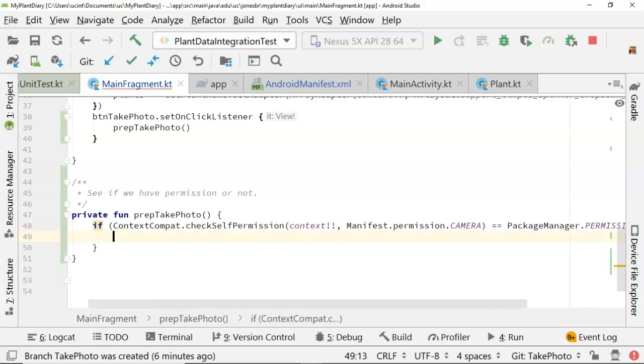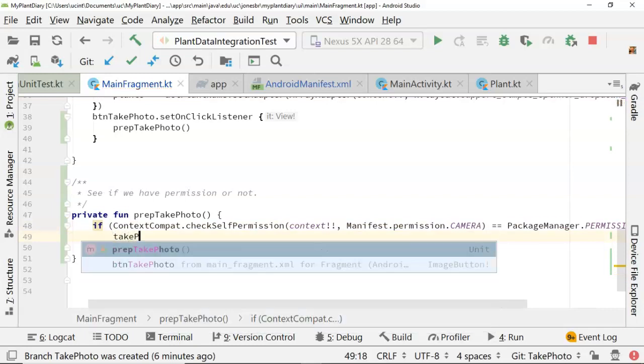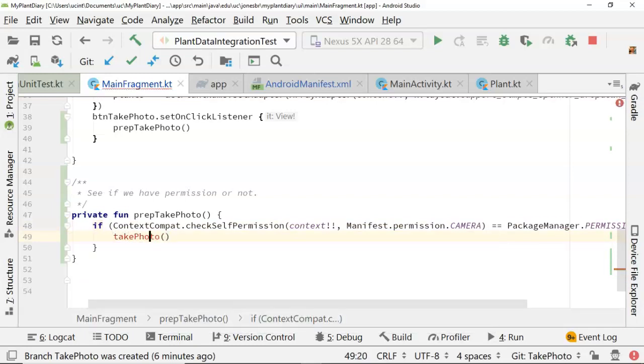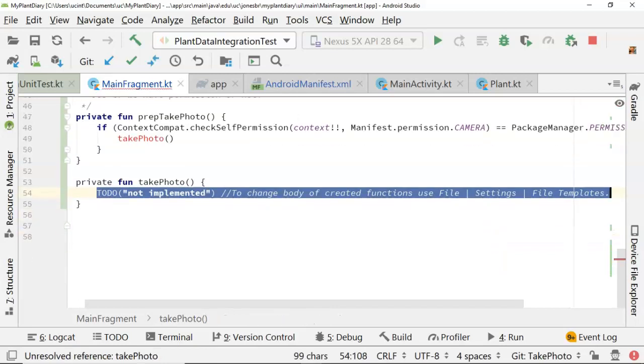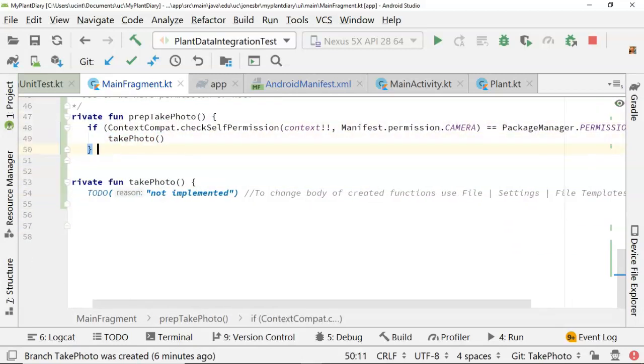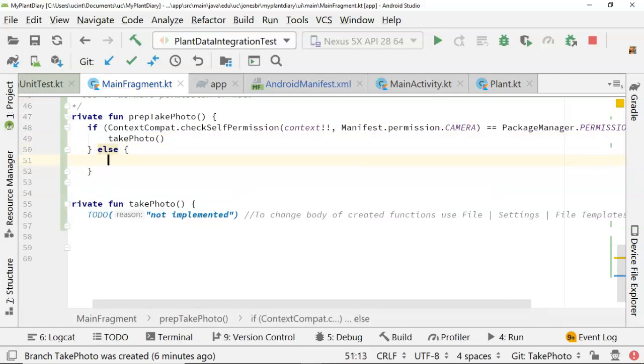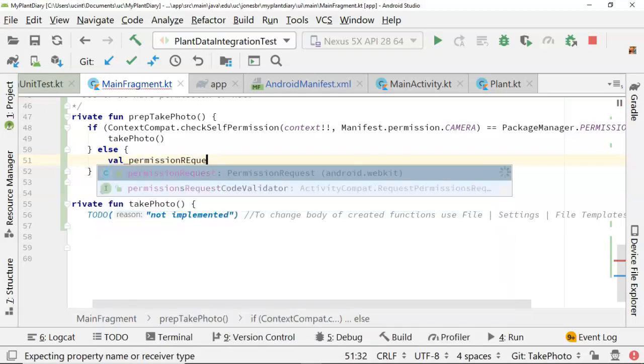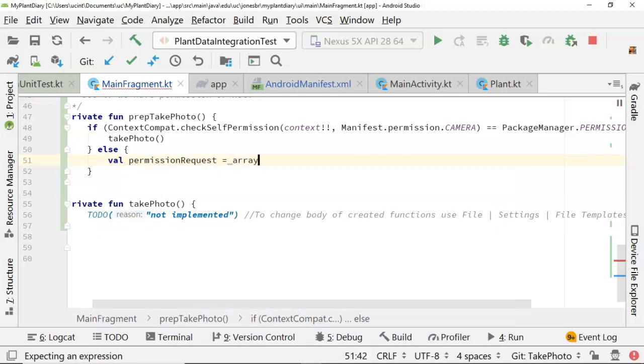If the user has granted this permission, let's call a new function, takePhoto. That does not exist yet, so we'll go ahead and make that, and we'll come back to that in just a moment. Now, what if the user has not granted that permission yet? Well, let's go ahead and request it. So we'll say val permissionRequest equals arrayOf